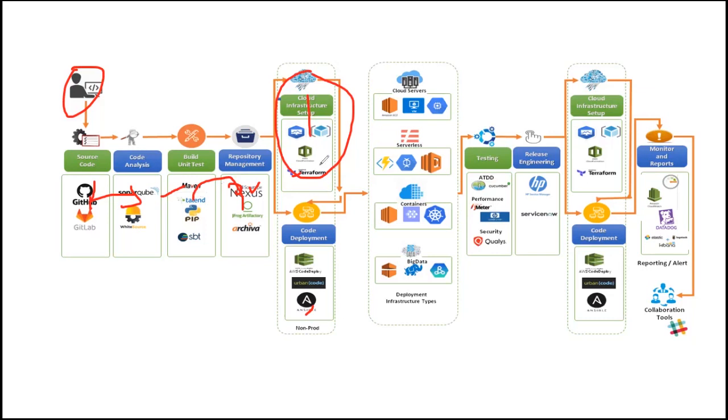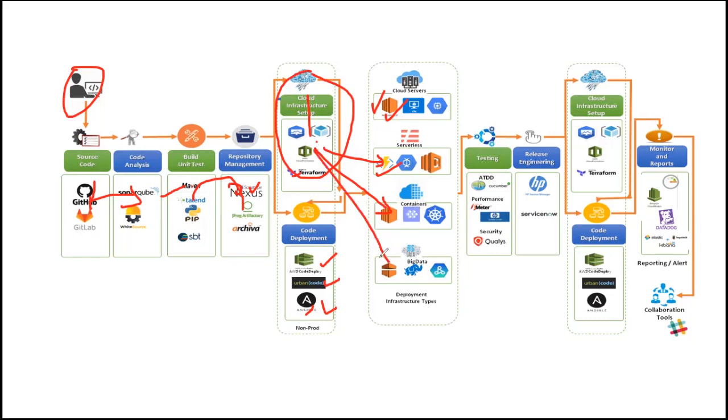So how do you deploy? You can use Ansible, or if it is AWS, there are native services, AWS CodeDeploy or other code tools to deploy it in the created infrastructure. Okay, so where you will deploy, because you need to decide whether you are going with the server compute based infrastructure. That means using Terraform, you need to create this infrastructure. If you decide to go with serverless, then using Terraform, you need to provision this. If you go with containers, then using Terraform, you need to provision this. You need to create this, right? If you go with big data, then using Terraform, you need to create this.